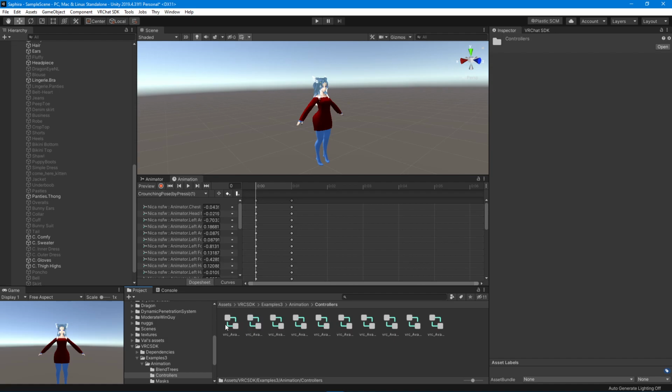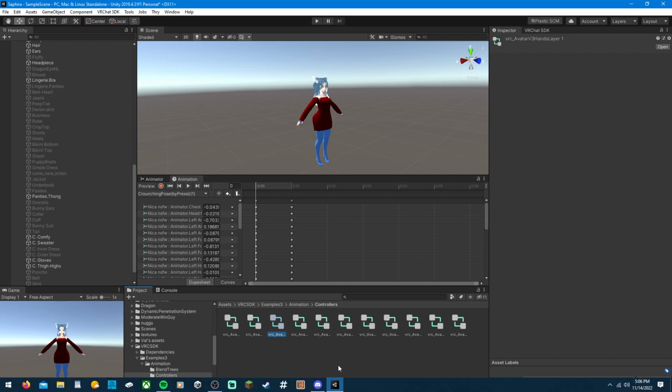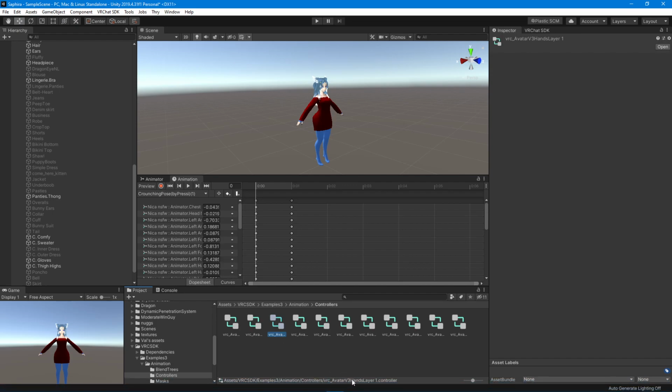And you'll want to go to controllers. Now, you don't want controller hand layer 2, you'd want controller hand avatar v3 hand layers, which is the third one from the left, right here, the one that I have highlighted. So, and then what you're going to do is hit Control D, and it will create a duplicate. So it will be avatar v3 hand layers 1, and what you can do is you can just take it, hit F2, and you can name it whatever. And I'm going to name mine tutorial,